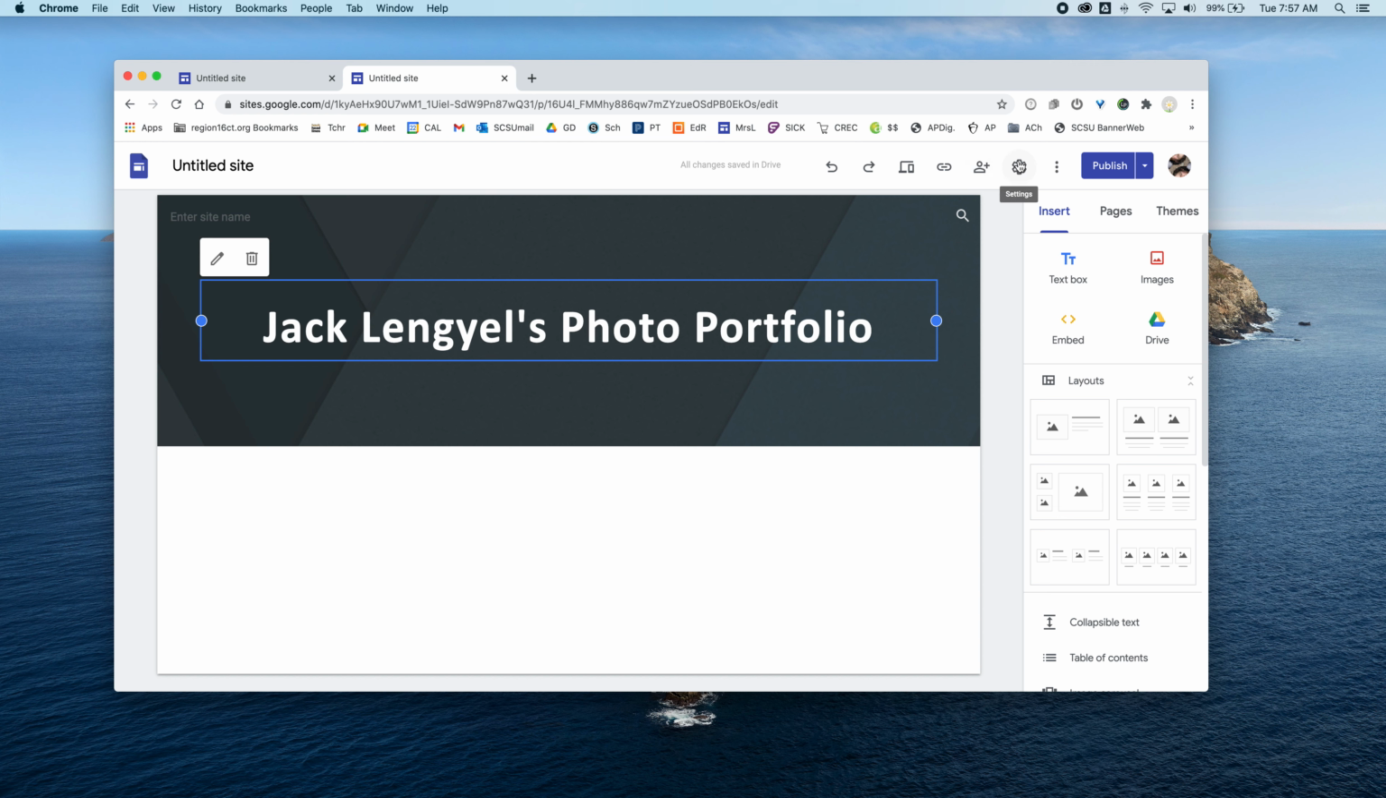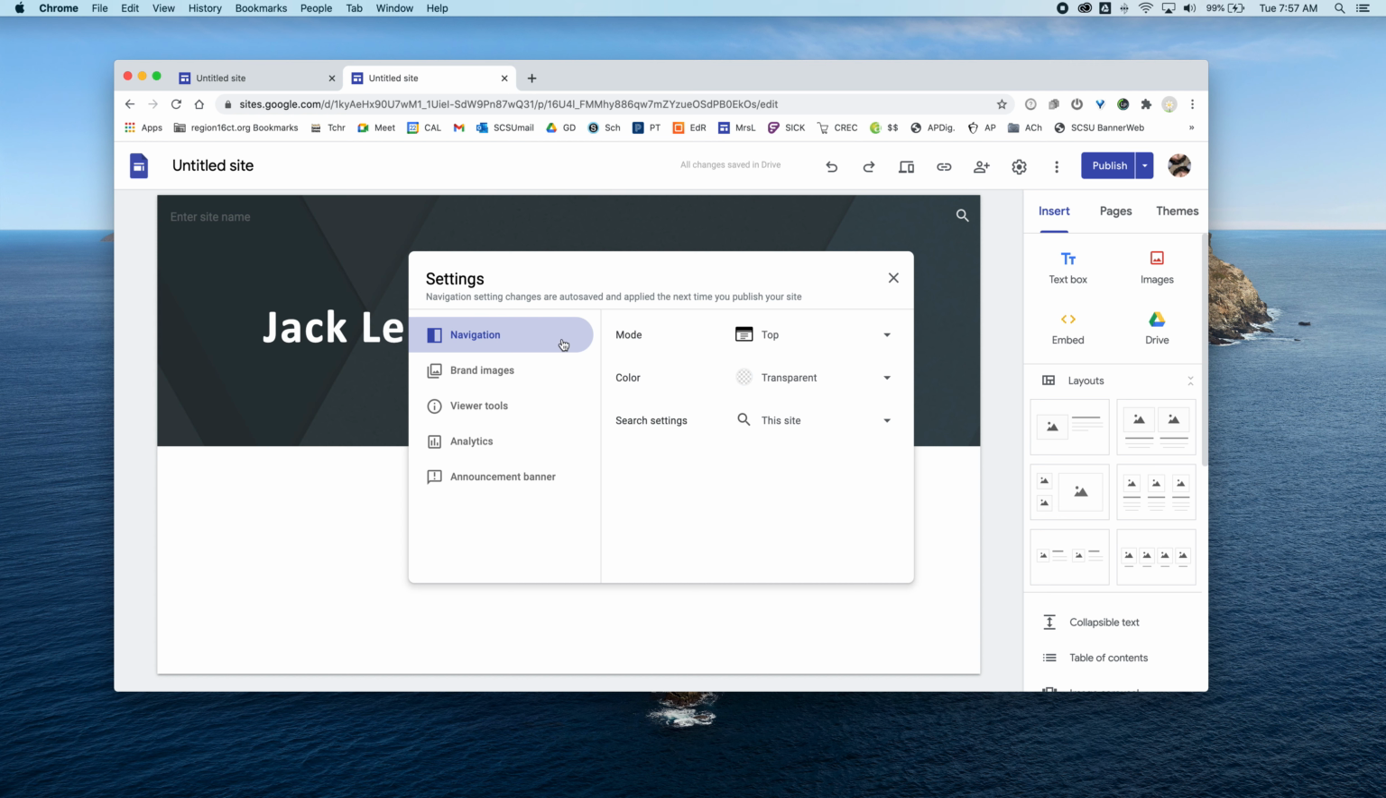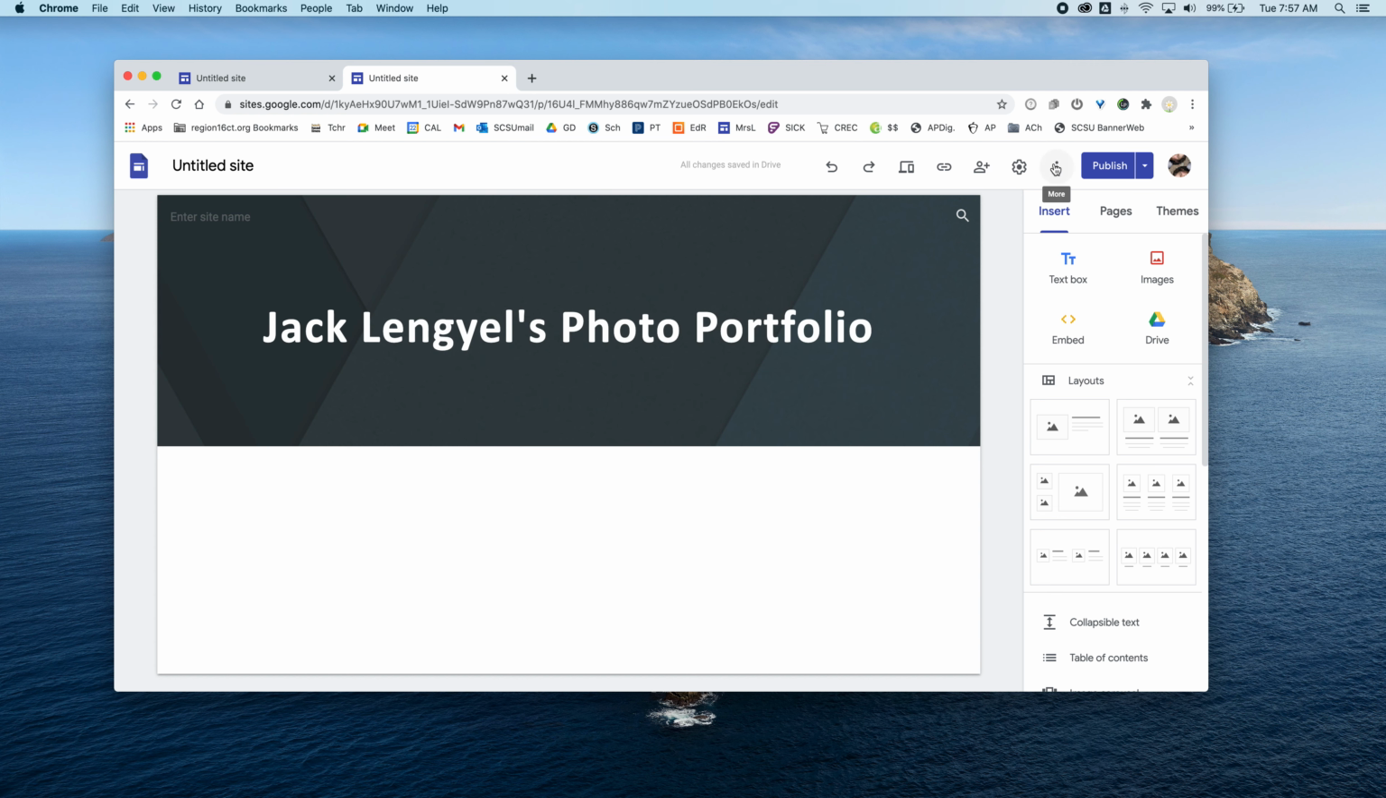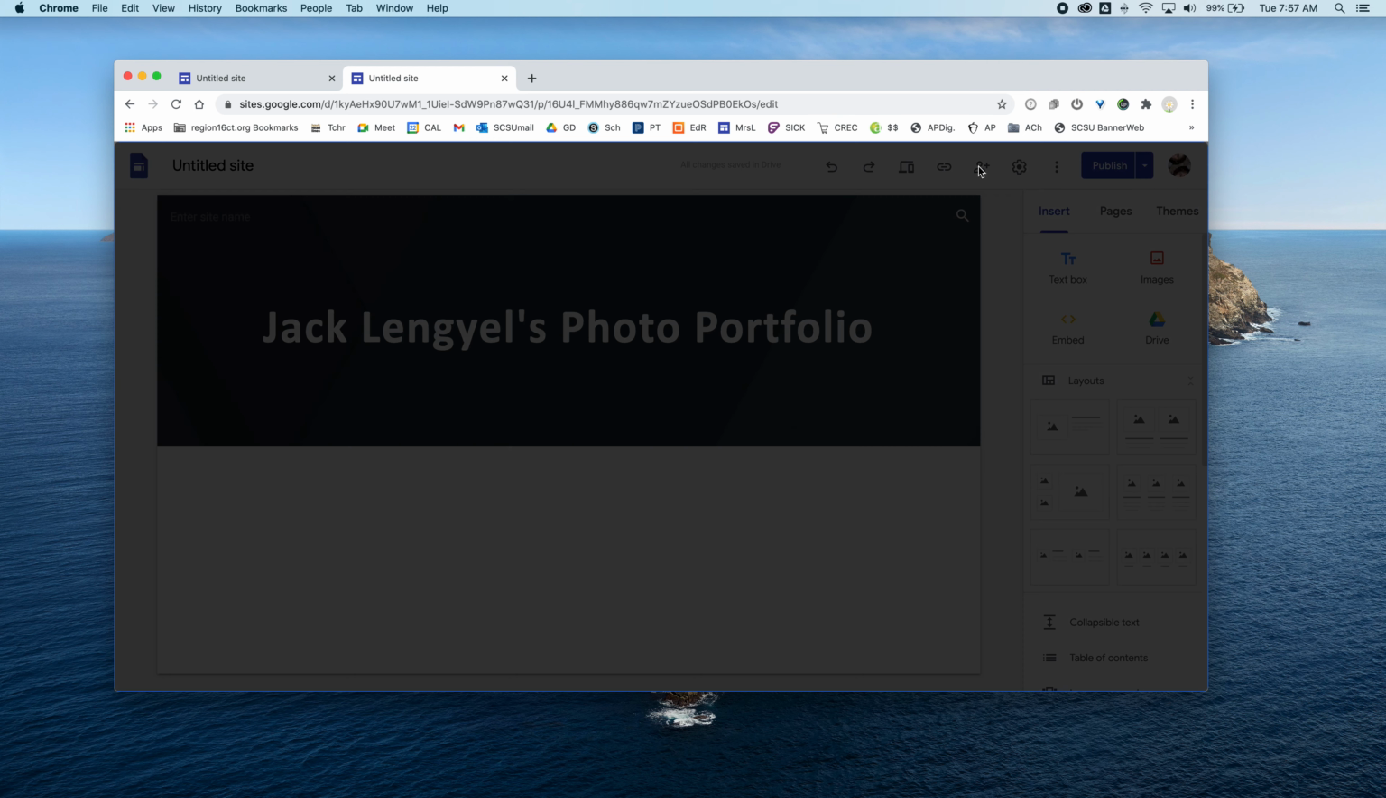So if you click on this little wheel, settings, you can see there's some tools in here that you can play with. If you click on this little dot, dot, dot right here, there's some other tools in here you can play with. If you hit on this little person with the plus sign,